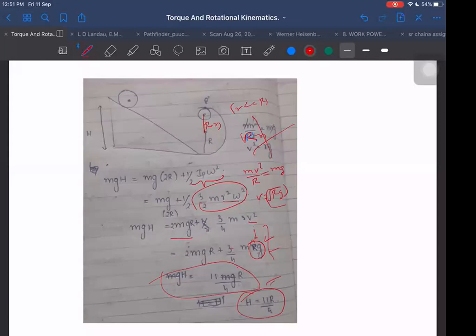Yes, sir. And I don't see that option in the options. Then it may be a mistake in the question. They have not stated it properly, I think so. I don't know what they mean by that. But what you have done is right then. Okay.